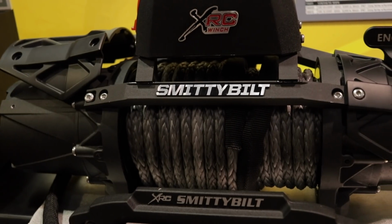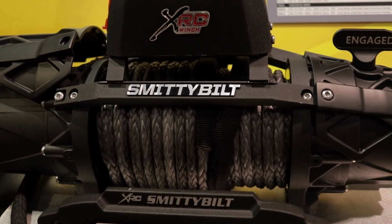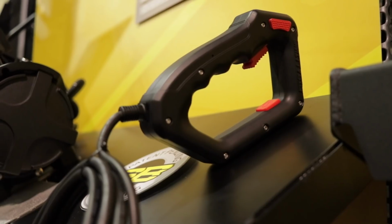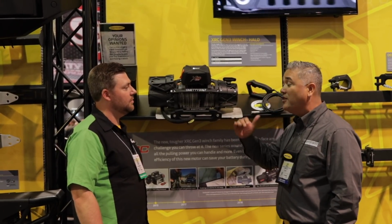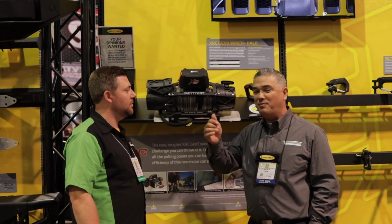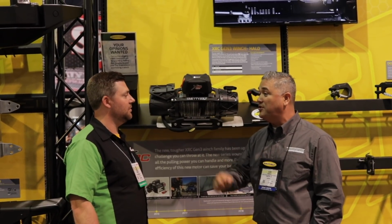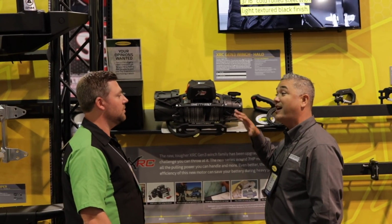Well, obviously everyone knows about the Smittybilt winch, right? Our 9.5 winch. It's a mainstay in our industry. So what we need to do now is elevate it, but still keep the fantastic price points. Some of the elevation we did, let's get straight to the point. When you look at a Jeep going down the road, you see a beautiful bumper, you also see a beautiful winch. It is one of the first things you see. So not only do we build a lot of functions on this, we got to make sure we build in some style also,